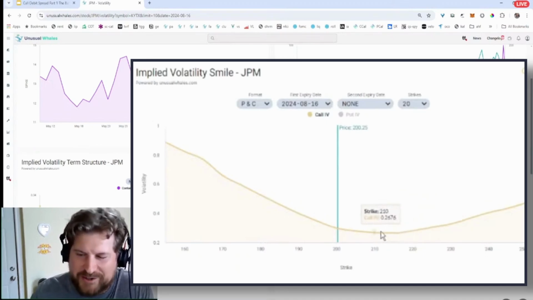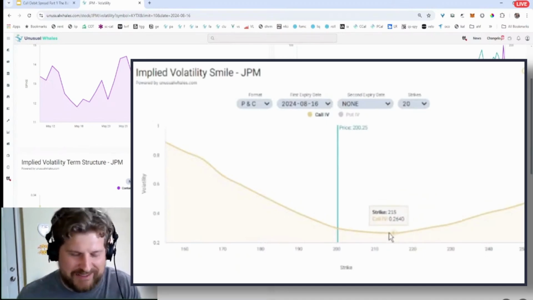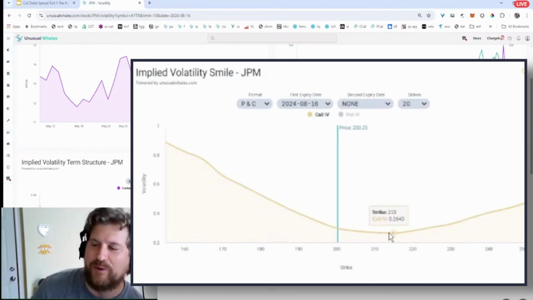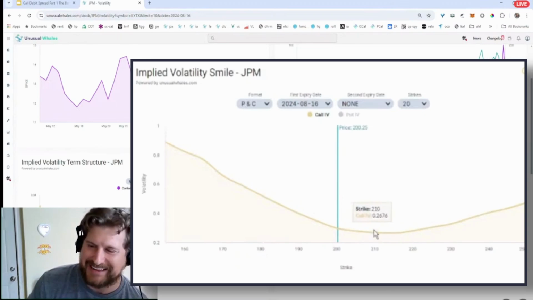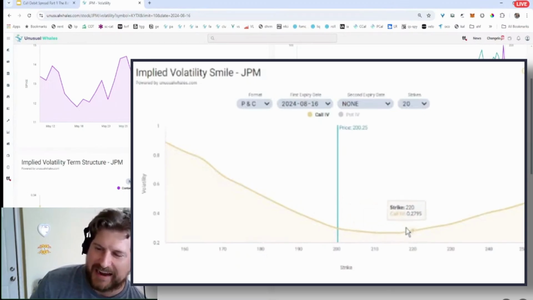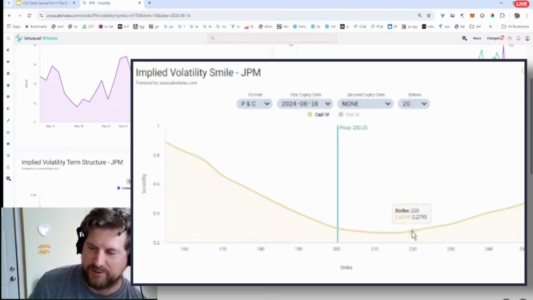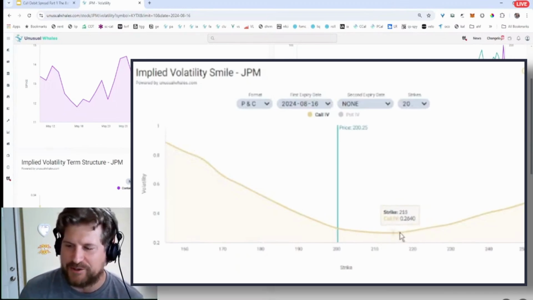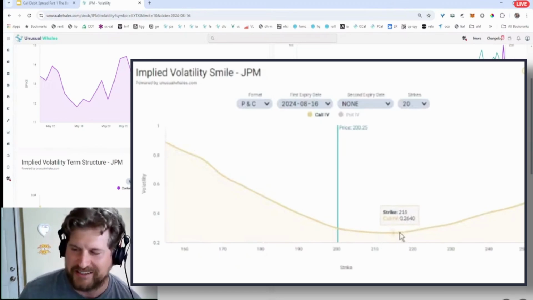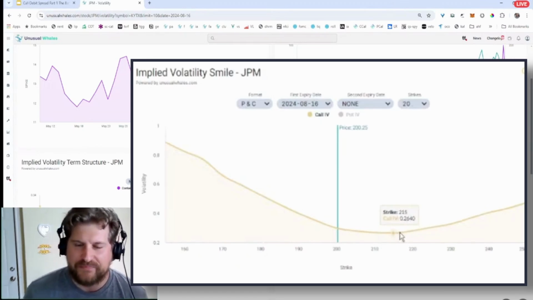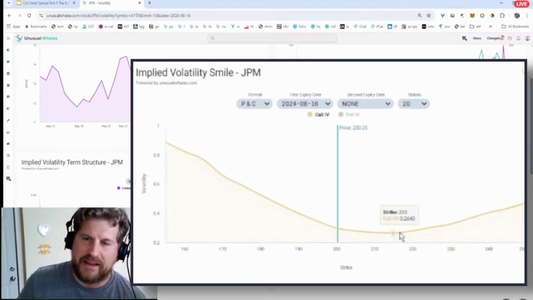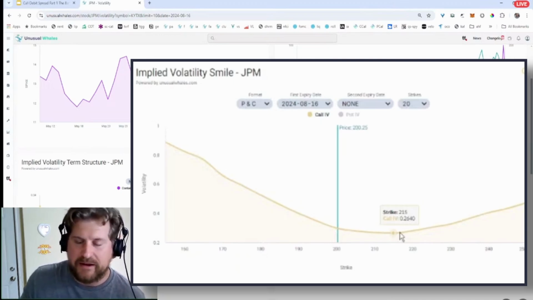So what's interesting here, I got to admit, I was making my slides for part 2 today as well. And one of the reasons I picked 205 and 210 was because at the time, when I was making this, the 210 was higher on this curve. The 210 was somewhere closer to 28 vols, and the 205 was somewhere closer to 26 and a half. And when you're selling a higher implied volatility and buying a lower implied volatility, you are going to benefit from